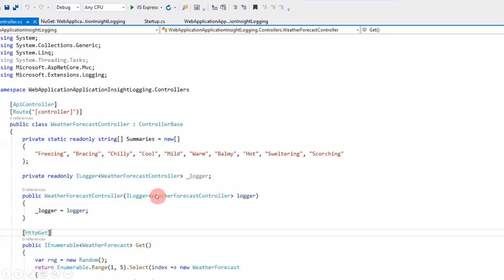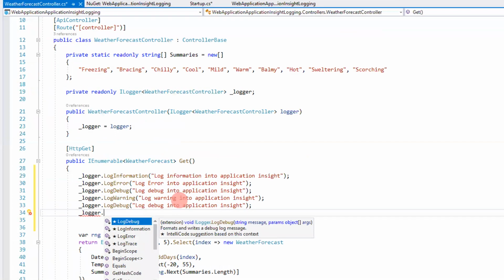So here the class name is WeatherForecastController, and I have to assign its instance to the _logger field. See here I have already declared this. So now I have injected ILogger services. Now we will see how we can use this to log messages in application insights.